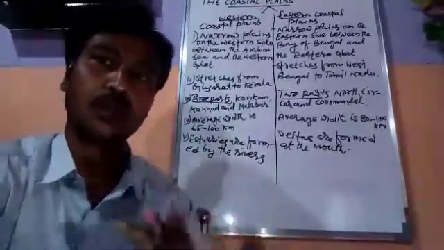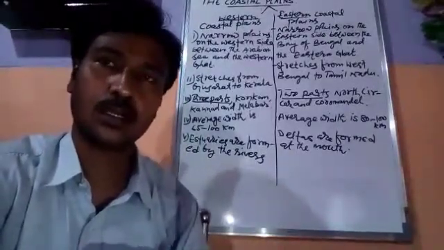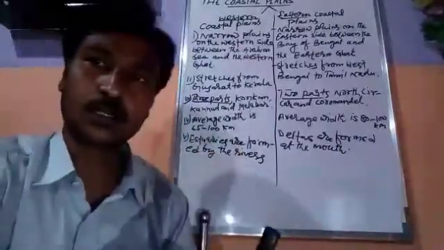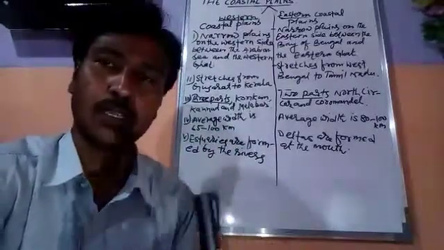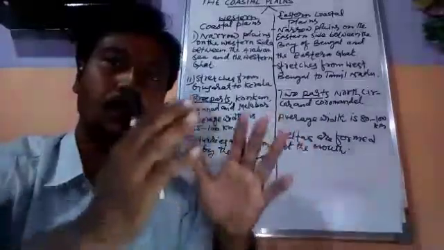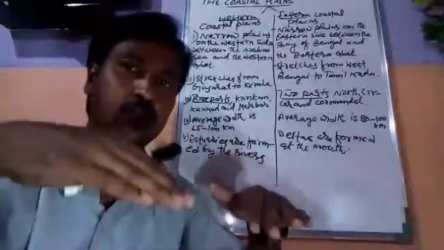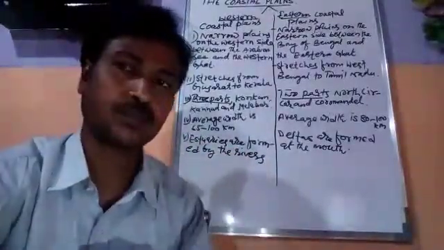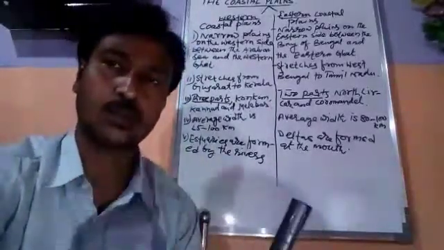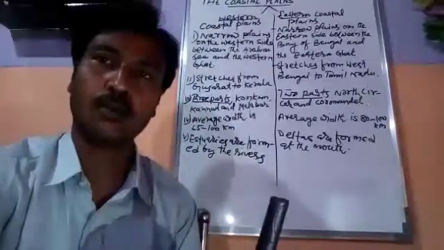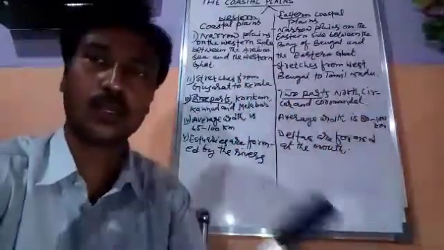Now students, there are many rivers that flow in the western coastal plain as well as the eastern coastal plain. The rivers that flow in the western coastal plain form estuaries. Estuary means drowned valleys. These rivers do not form deltas; instead they form estuaries, or drowned valleys, at the mouth of the river. Whereas the rivers in the eastern coastal plain form deltas at the mouth. So these are the differences between the western coastal plain and the eastern coastal plain.